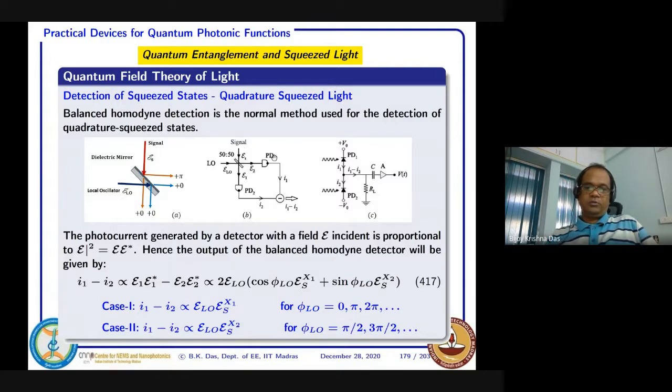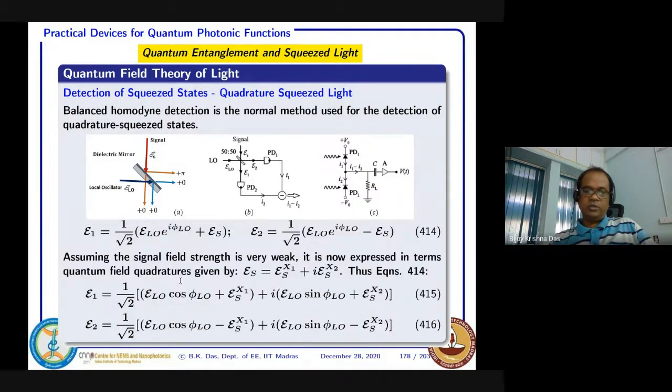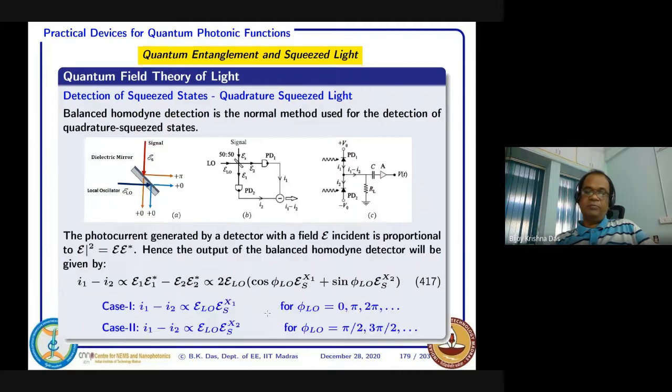And then you say there will be interference here, and E1, E2 will be there. Superposition of field E1 you can calculate. So we did express E1 and E2. Only thing is that the local oscillator, since it is an intense light, we could consider that as classical. But since the squeezed light is relatively weak, we can express it in quadrature, field quadrature. And then this is the E1 and this would be the E2, depending on the beam splitter.